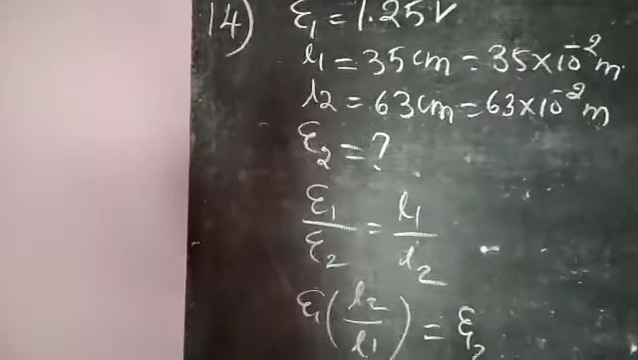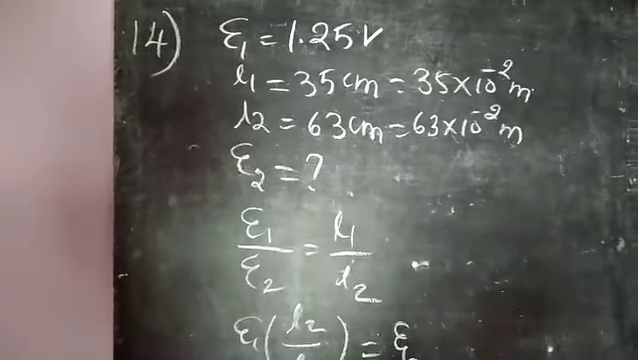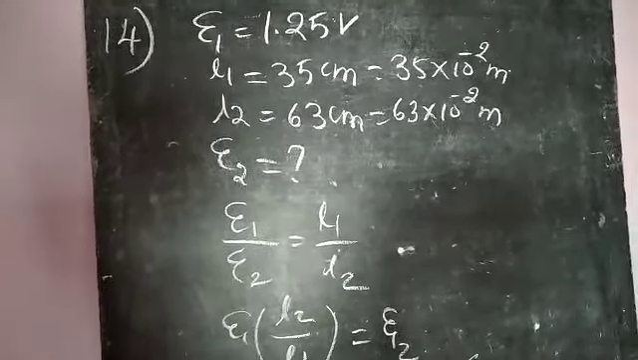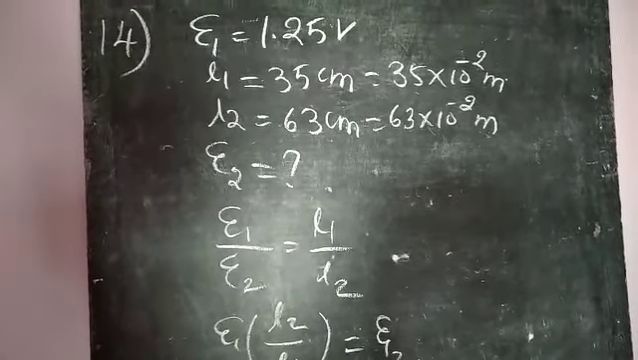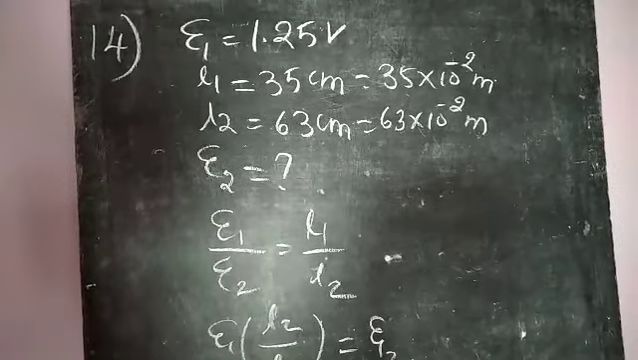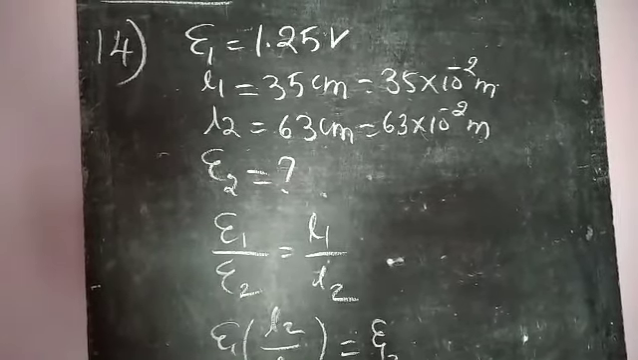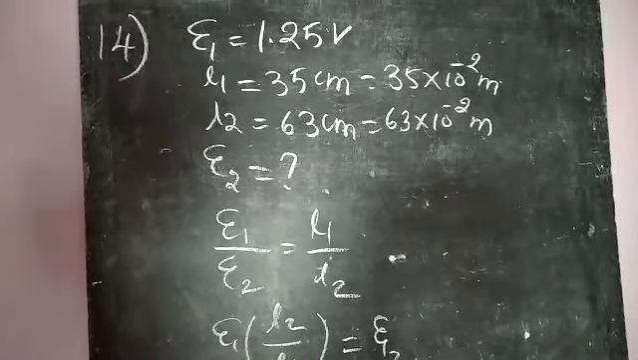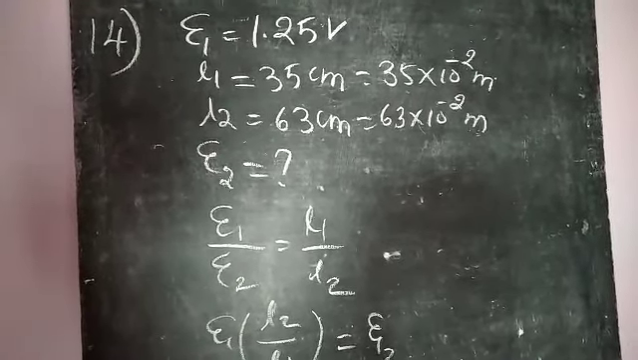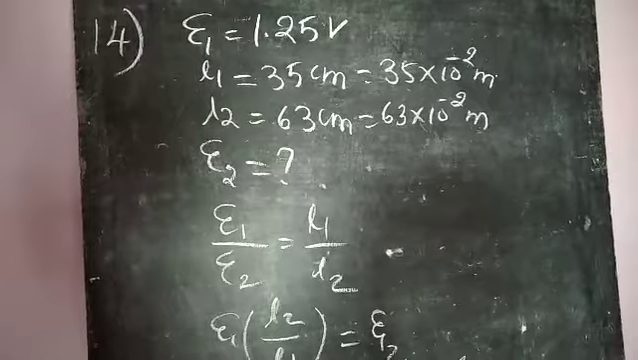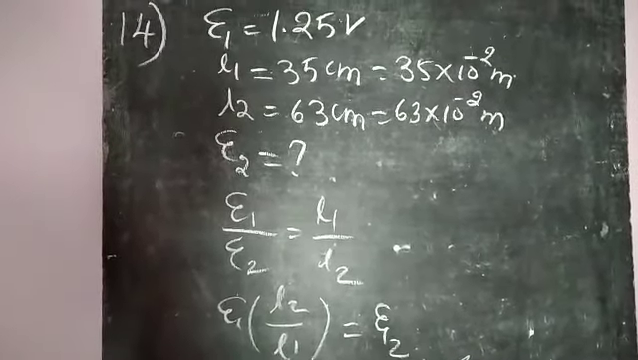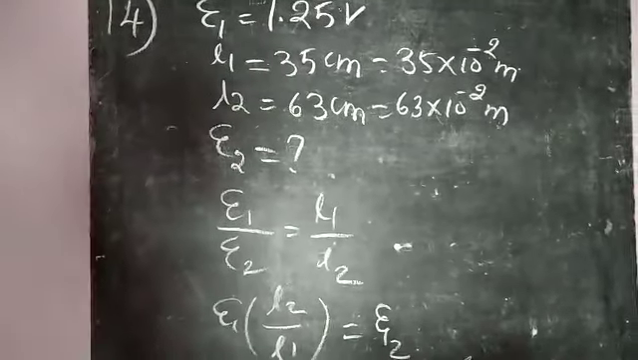Next, problem number 14. In a potentiometer arrangement, a cell of EMF 1.25 volt gives a balance point at 35 centimeter length of wire. If the cell is replaced by another cell and the balance point is shifted to 63 centimeter, what is the EMF of the second cell? So from the question given,